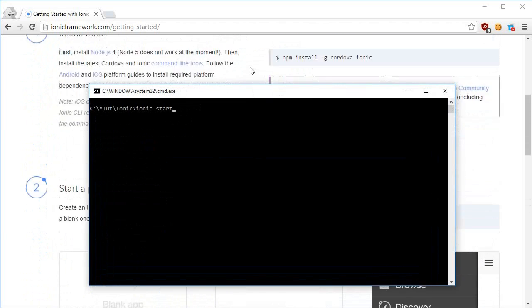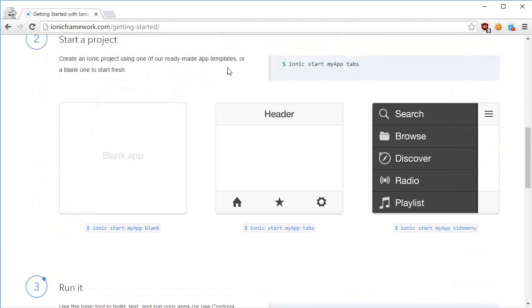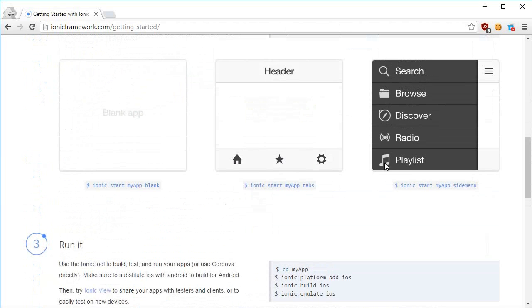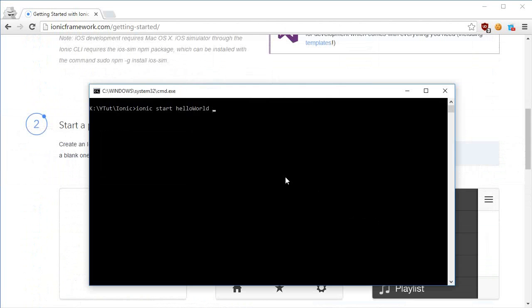We didn't name it at all for now, so this would be my project name. I'm going to say ionic start hello world instead of my app. And tabs is sort of your layout, the dummy one. So let's just say tabs